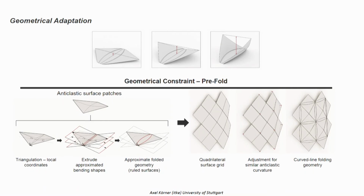So then we were talking a lot about this geometrical adaptability of the system to complex geometries, and there we run into one problem with this curved folding element, because it always needs to have a certain pre-folded condition, so that we know that if we bend the midrib it folds in the right way and not bends just the whole surface. So we can tessellate a surface into quads, then we need to make slightly anticlastic shaped quads out of those panels, and we can translate them into our component